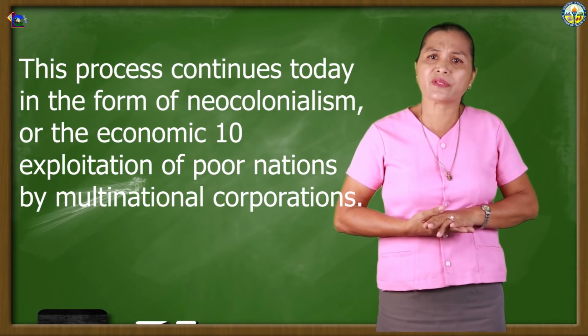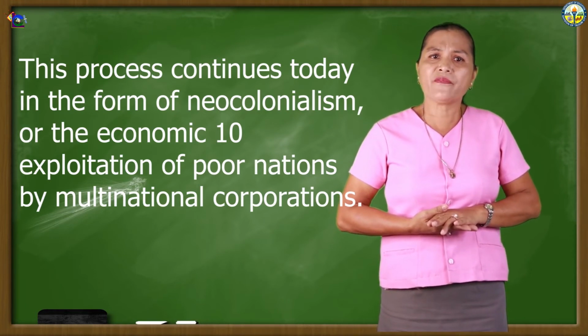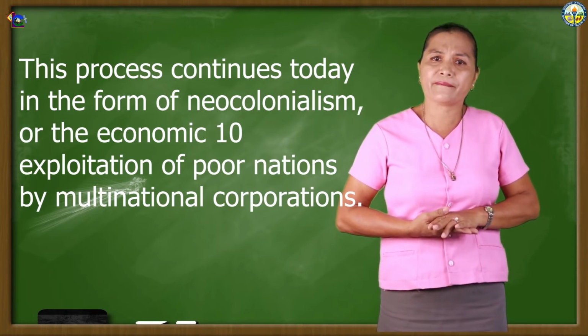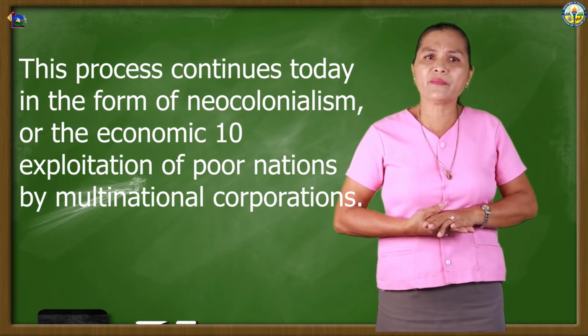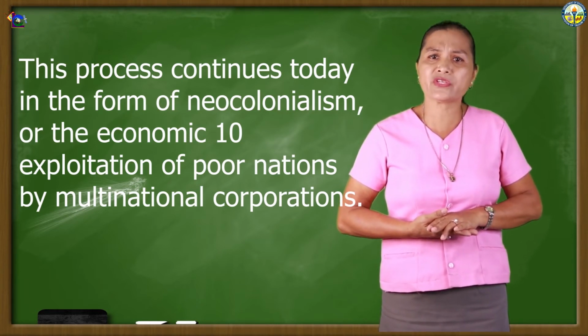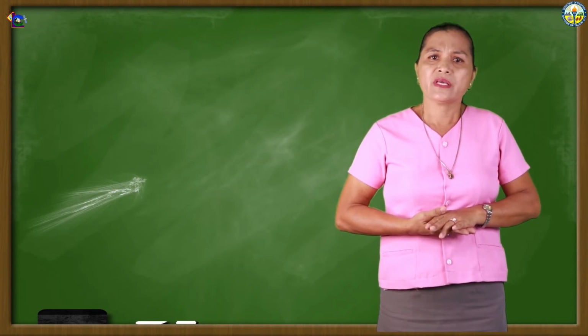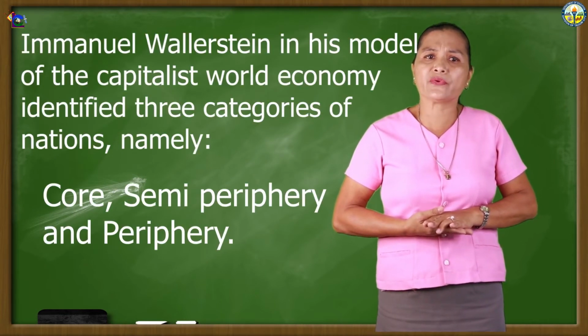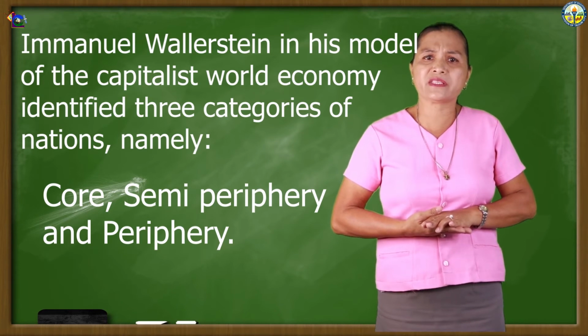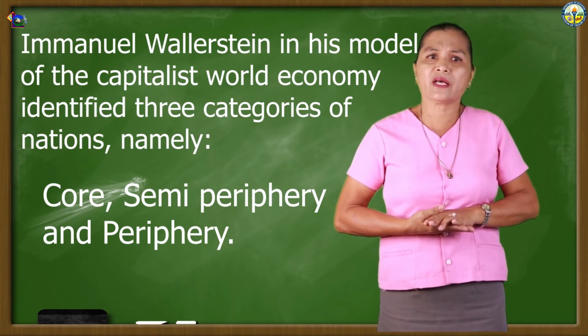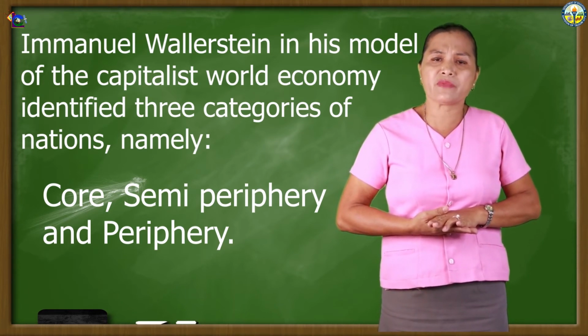This process continues today in the form of neocolonialism, or the economic exploitation of poor nations by multinational corporations. In support of Frank's views, Immanuel Wallerstein, in his model of the capitalist world economy,